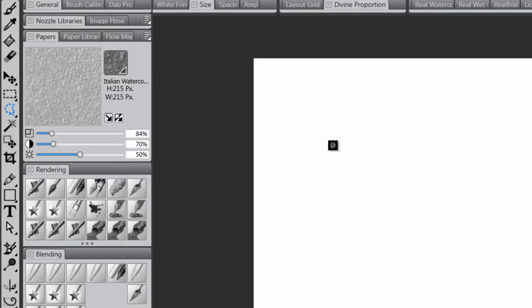So the way this tool works is each time you tap with your pen or click with your mouse, you're going to make a point, and then it's going to draw a line to the next point that you make, and so on. And you complete a path by double tapping really fast. And there you go. You've got an outline of a shape. Now we could fill that using our paint bucket set to current color